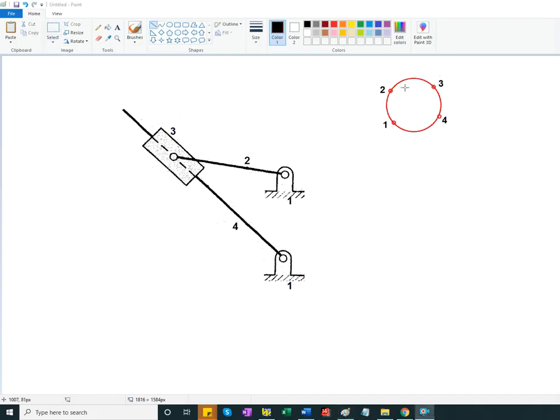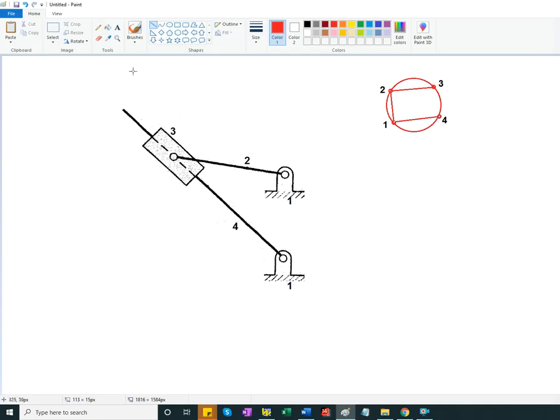Each of these dots represent a body. I have instant center available, instant center between 1 and 2. So I draw the line. I have instant center between 2 and 3. I draw the line. I have instant center between 1 and 4. I draw a line. And between